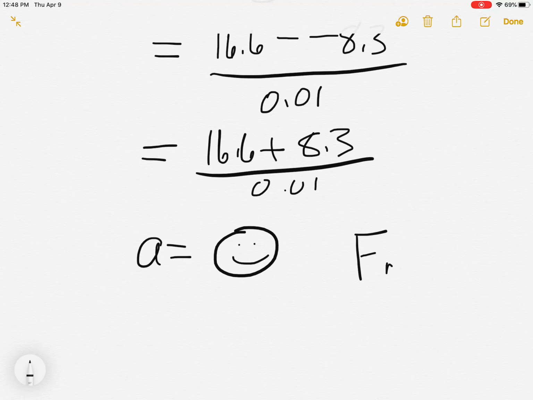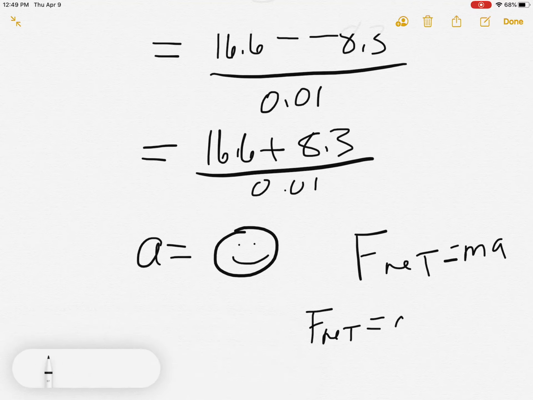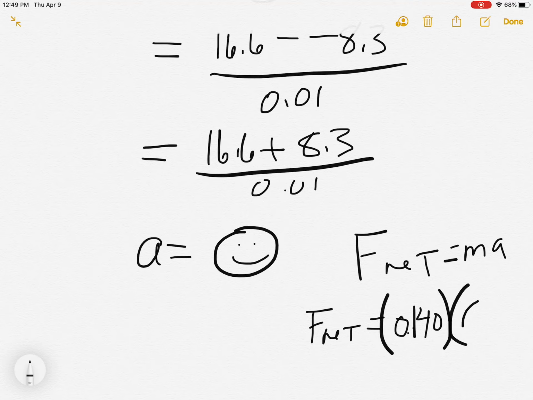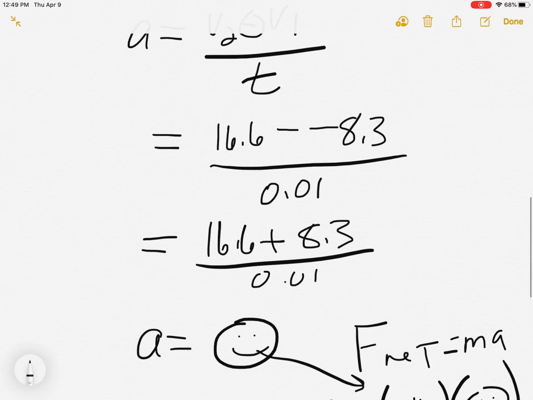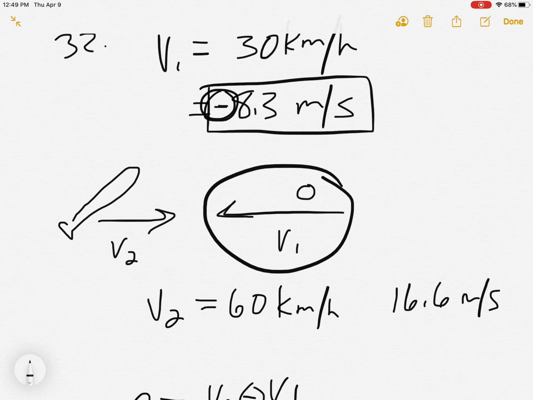You have to get your A, finish that off, which you can do, and then F net equals MA. Use the mass of the ball, which is not 0. It's grams, right? You have to change it to kilograms. The ball is 0.140 kilograms, and then multiply by the acceleration that you got up here. But you have to get that acceleration by being careful about your V1 and V2s. V1 is a negative number because